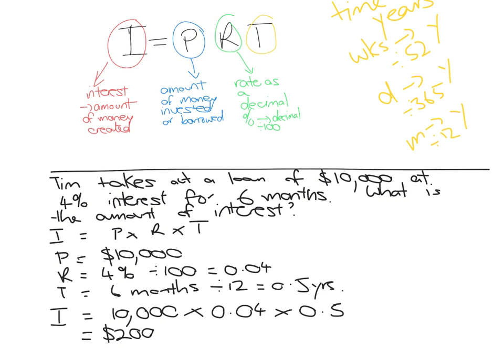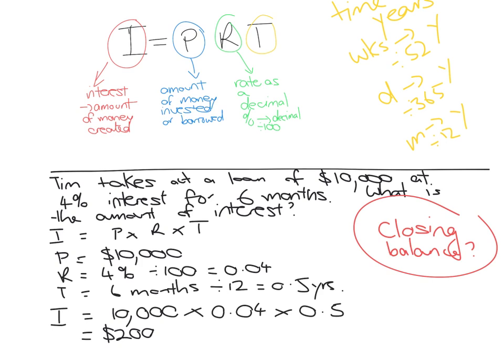Now, the final type of question you might get asked is, what's the closing balance? And the closing balance means after that 6-month period, or however long the period is, how much money do I have in total? Or how much money, in this case, does the bank have in total? So if I have done this, my closing balance in general is the principal plus the interest. All right, so it's going to be 10,000